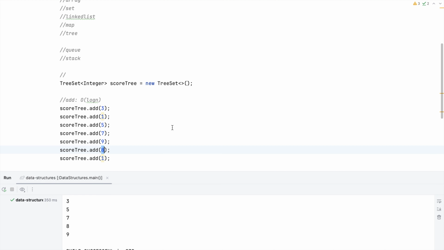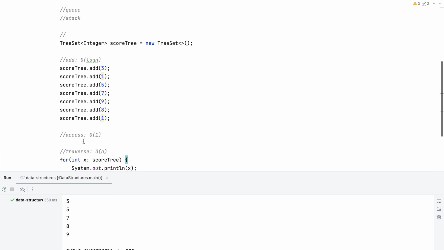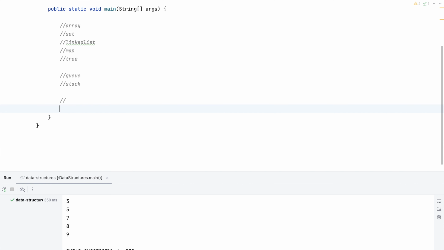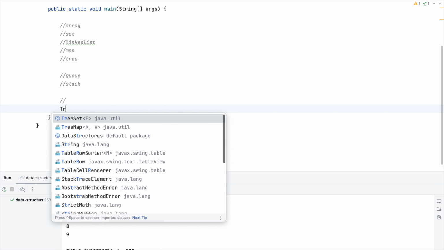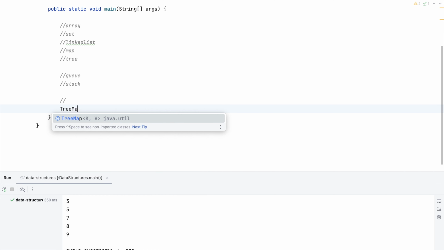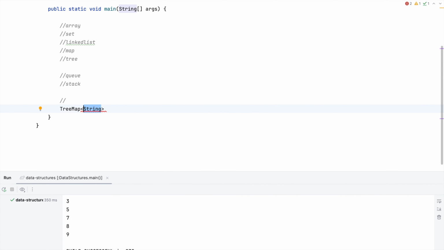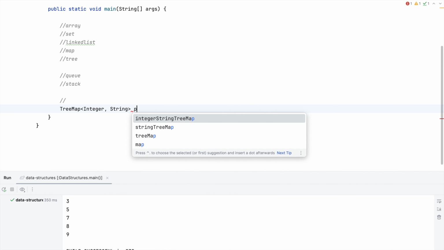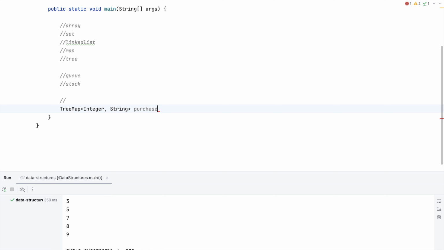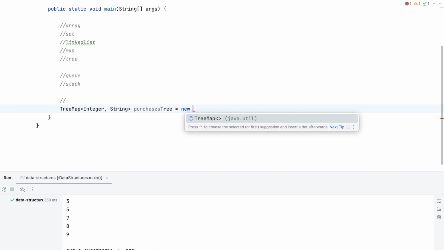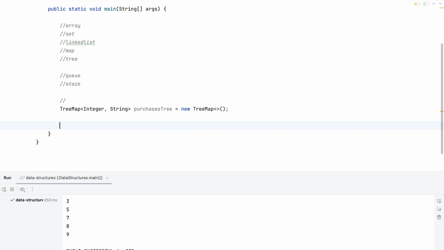And the TreeMap in Java uses the same technique to balance the tree. Let's see the example. TreeMap, and it's a map, so it has to be key and value, right? So let's say I want to store a map of the number of purchases in a day and the item name. Okay, so it's integer and string. I call it purchasesTree equals new TreeMap. Now let me add